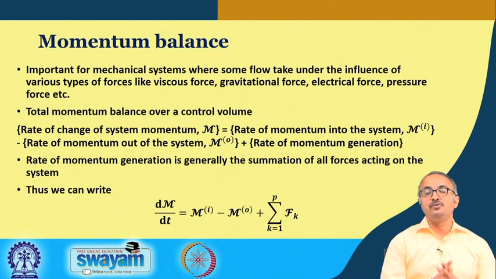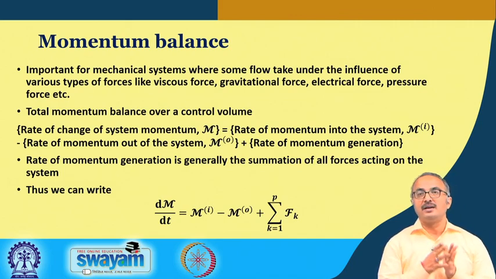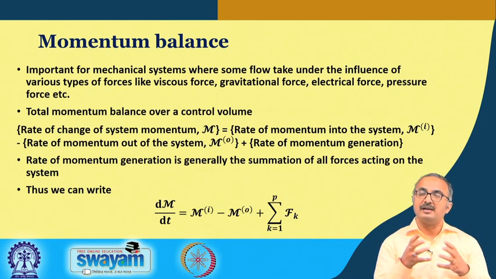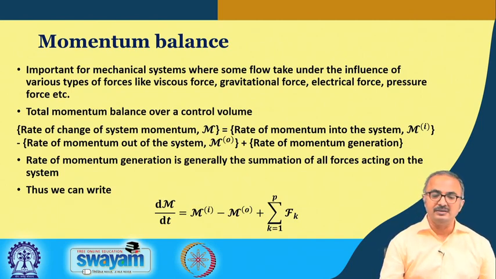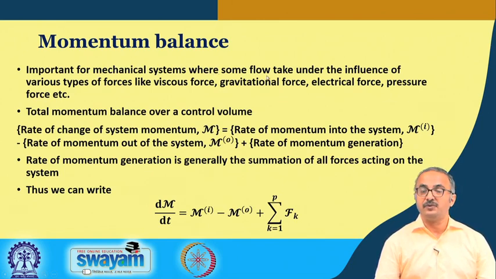Now, after looking into the energy balance, we go to the momentum balance. Momentum, as perhaps you know, is another property that is conserved, and it is nothing but the product of the mass and the velocity. In general, momentum is a vector, because velocity is a vector. So, this momentum balance is important for mechanical systems where some flow takes place under the influence of various types